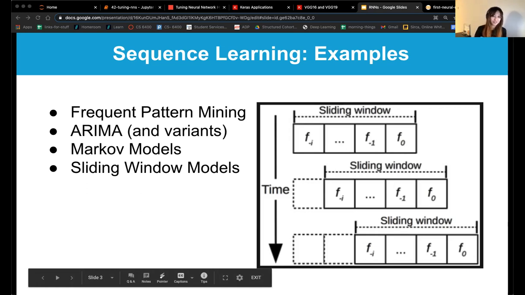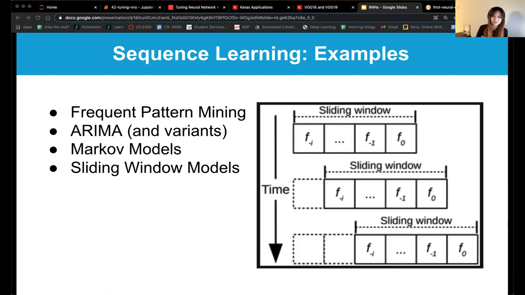Sequence learning is a very, very broad term. Within sequence learning, you have ARIMA and its variants, all the time series models that we talked about before, and Markov models. We actually never talked about Markov models, but it is, I believe, in your appendix of mod 2. Markov models are basically forecasting using the theory of probability. So for example,